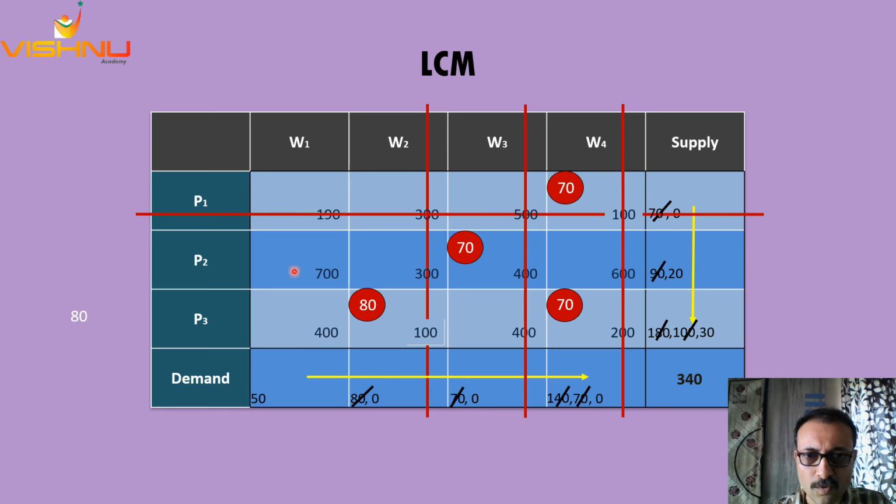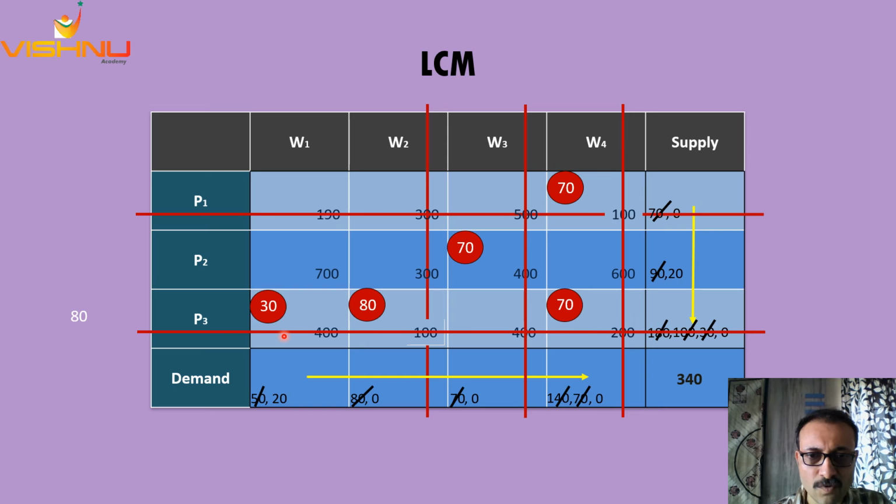Now what are we left with? Only 2 cells, 700 and 400. It's obvious that we need to first identify this particular cell, that is P3W1, since it has the least cost of the two. And how many units? We had discussed this a while ago, which is 30. 50 here, 30 here, so a maximum of 30 possible. Bring down the totals from 50 to 20 in the column and from 30 to 0 in the row. The row total has come down to 0.